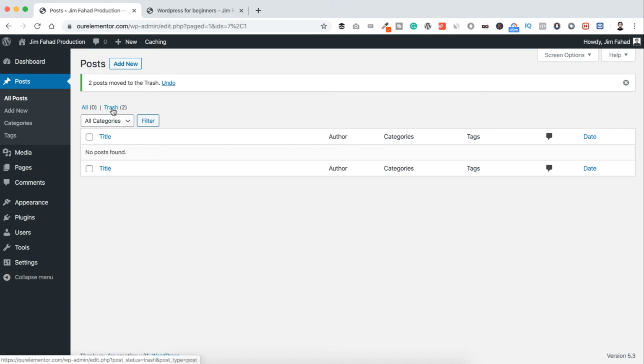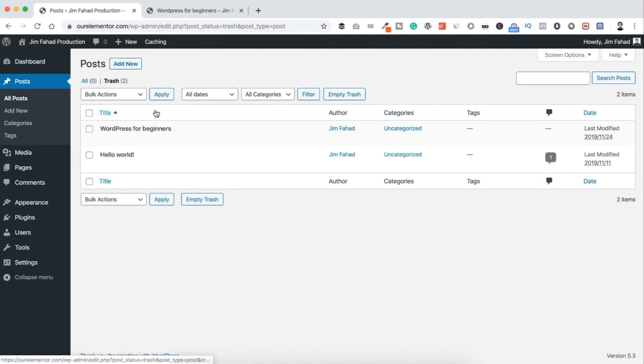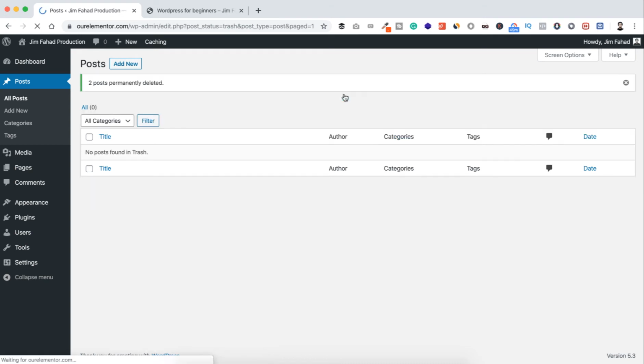If you click on trash, you can see them there. So you can permanently delete them by clicking here, delete permanently, or you can empty trash. So I'm clicking here, empty trash. So all our posts are gone as well. Now let's clean up the pages. If we click on pages, all pages,